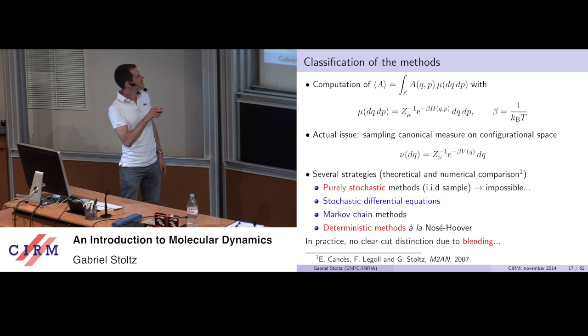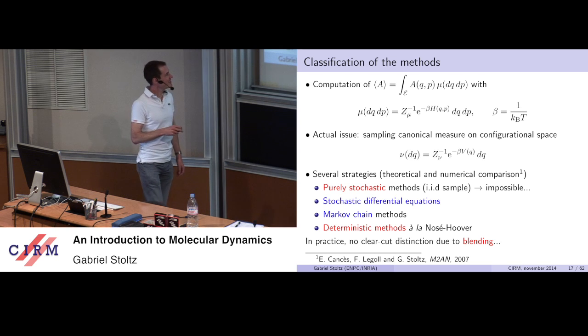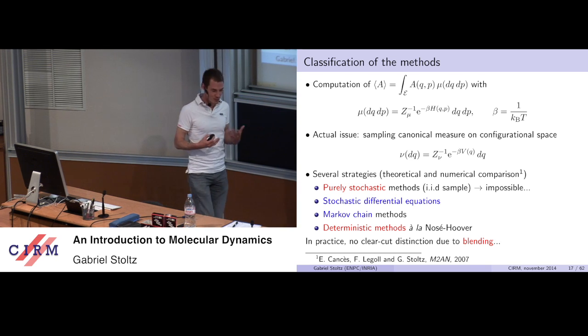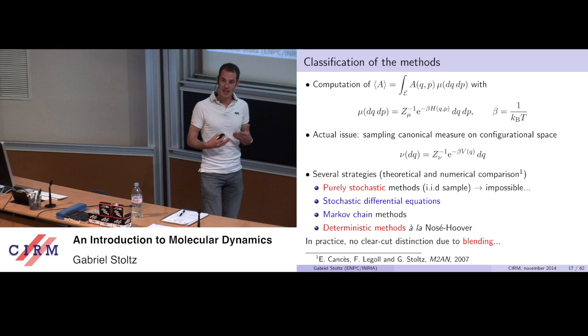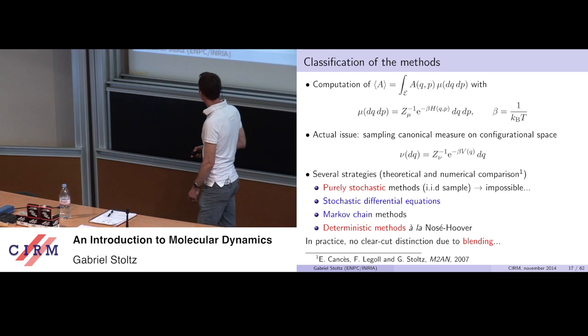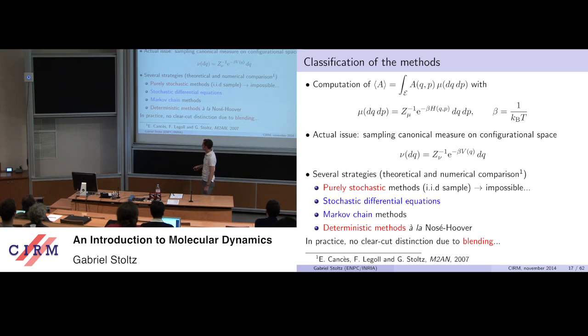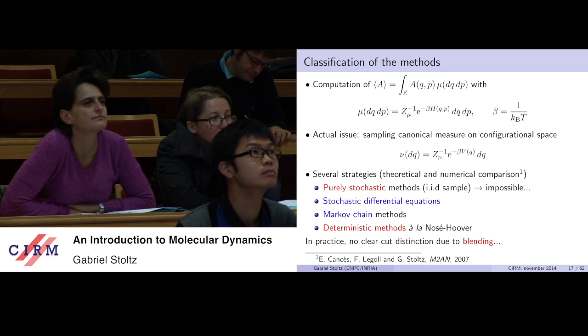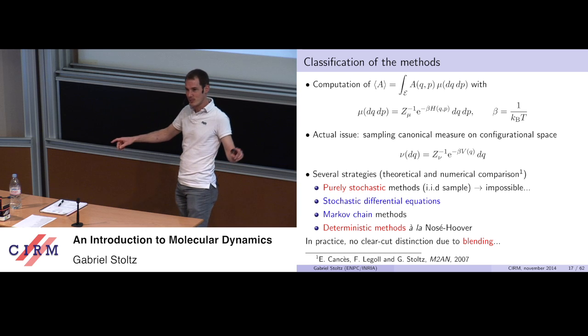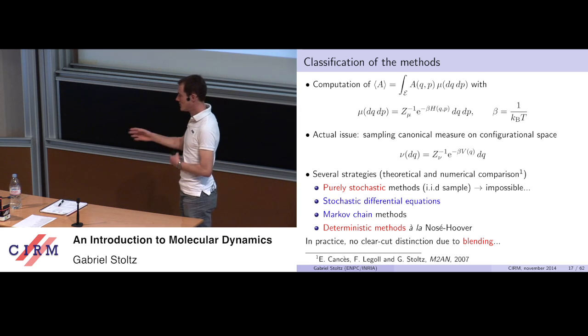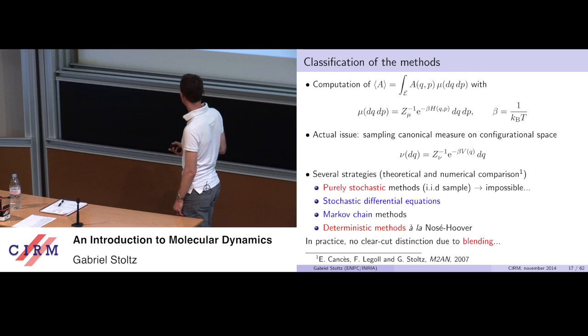So today, since I want to talk about mathematics in the end, I will present stochastic methods, so probabilistic methods, for which you can really guarantee that convergence happens. Although I can guarantee that convergence happens sometimes in 10 to the 9 years, maybe not in one day on my computer, but that's another issue. And here I make a very clear-cut distinction, like there are people on the left and people on the right. In practice, you just mix a little bit of everything to make it work better.